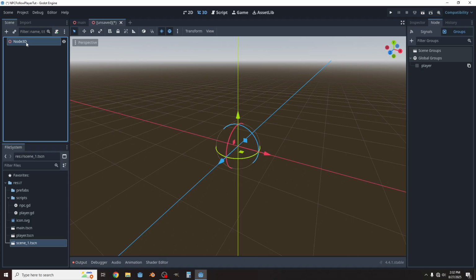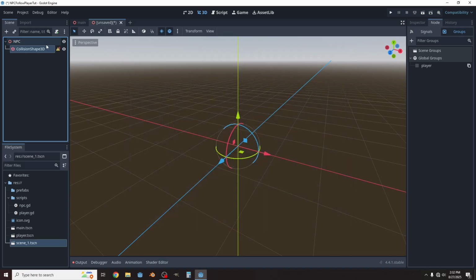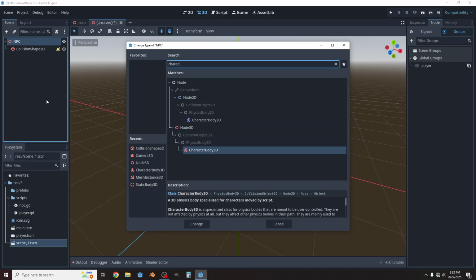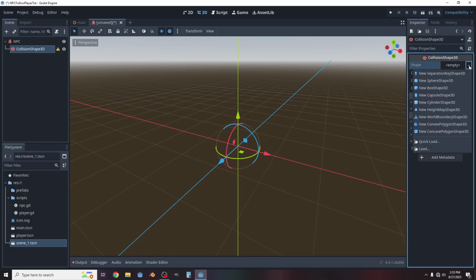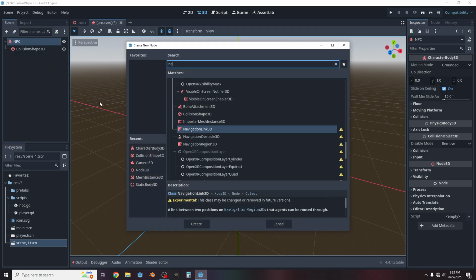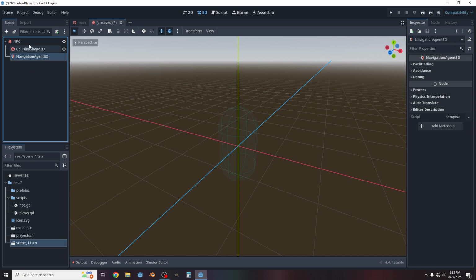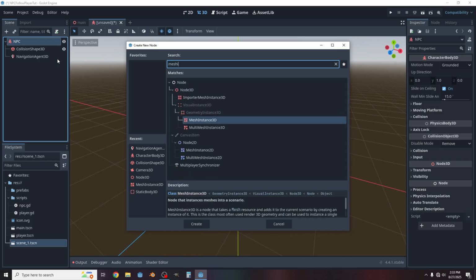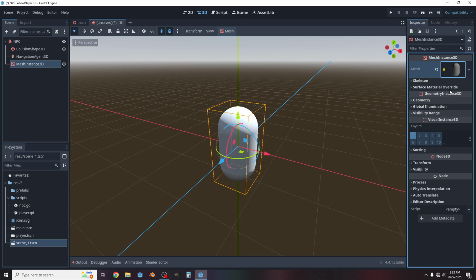Click on a 3D node, call this one NPC, add in a collision shape 3D. We'll also need to change this node to a character body 3D, and then go over here, select the shape, capsule, and then right click, add in a NavigationAgent3D, and we'll also add in a mesh instance 3D, capsule shape,